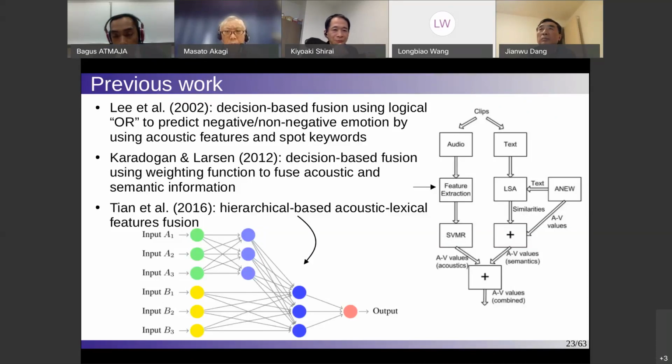That's okay. So roughly speaking, the basic idea is the same, but the model, method, or approach is different. So the question here is which approach or method is better to fuse these two kinds of features. Or in other words, is it possible to directly compare your method with these methods using the same data set?